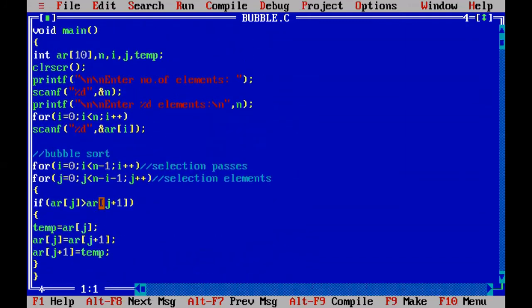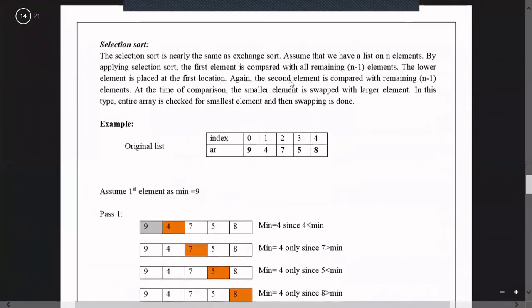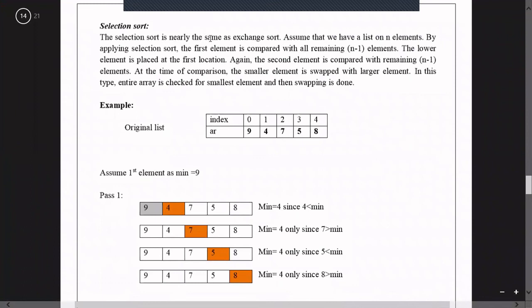So next, we go for the selection sort. What is selection sort? The selection sort is nearly the same as exchange sort. Exchange sort means what was discussed earlier, the bubble sort, and the selection sort is very similar. But here, we assume that we have a list of n elements, and by applying selection sort,